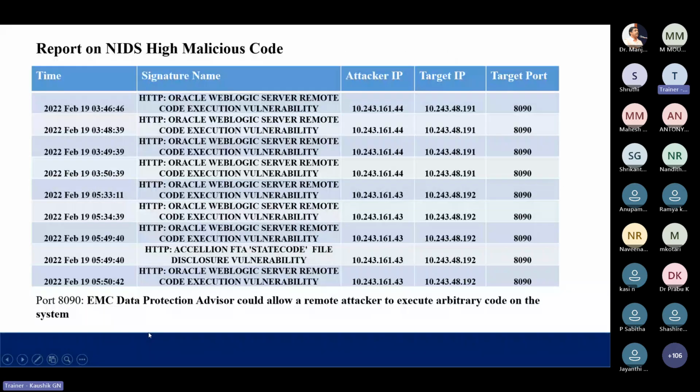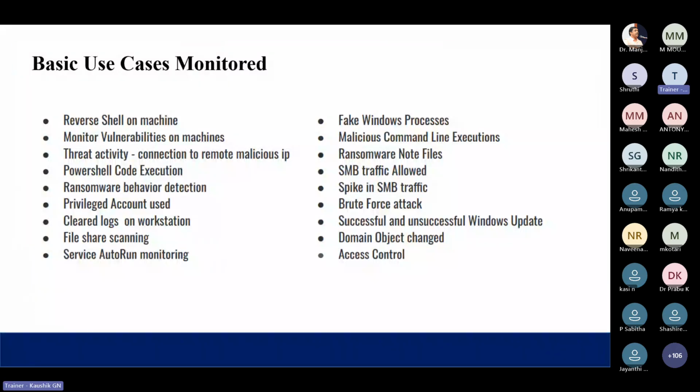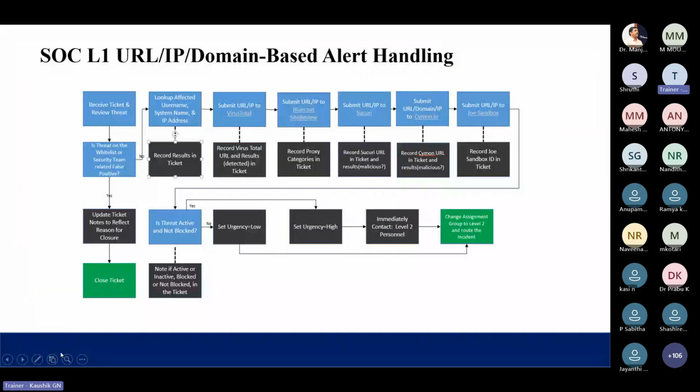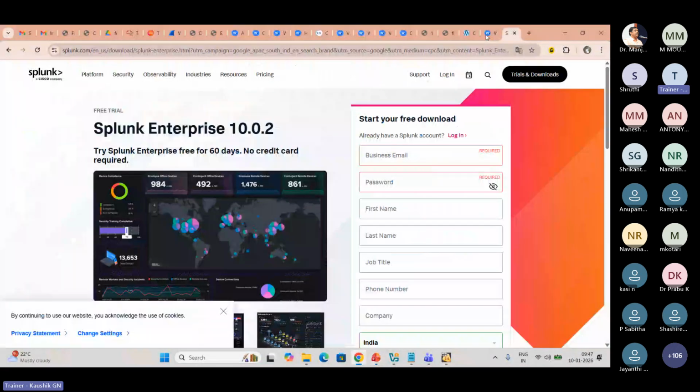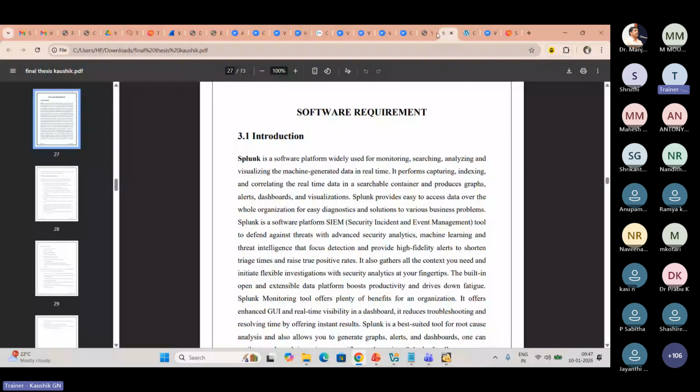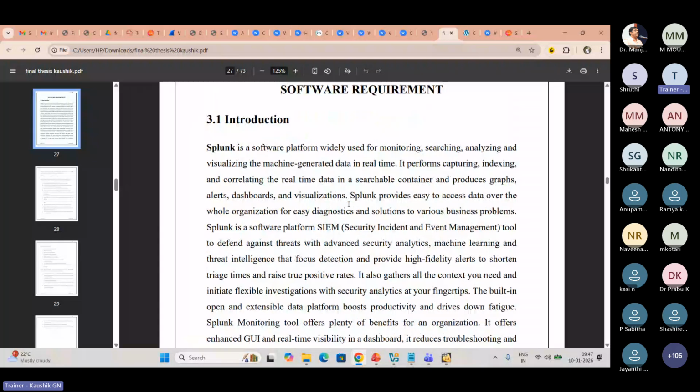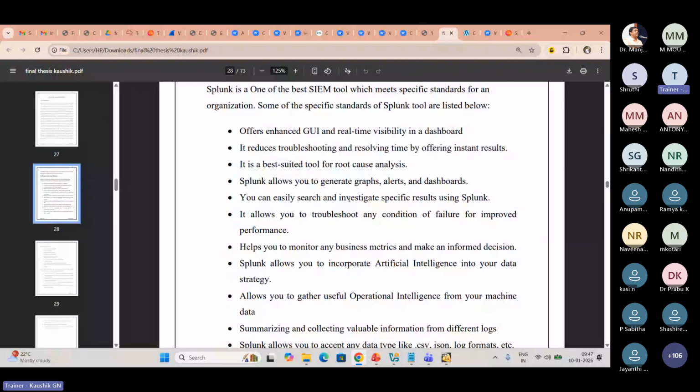I think without seeing the application, it will be very difficult to understand this. Yes. So I have one documentation on how Splunk works. Everything is there. I can share it after this session. So this is about Splunk, how it works and other things.